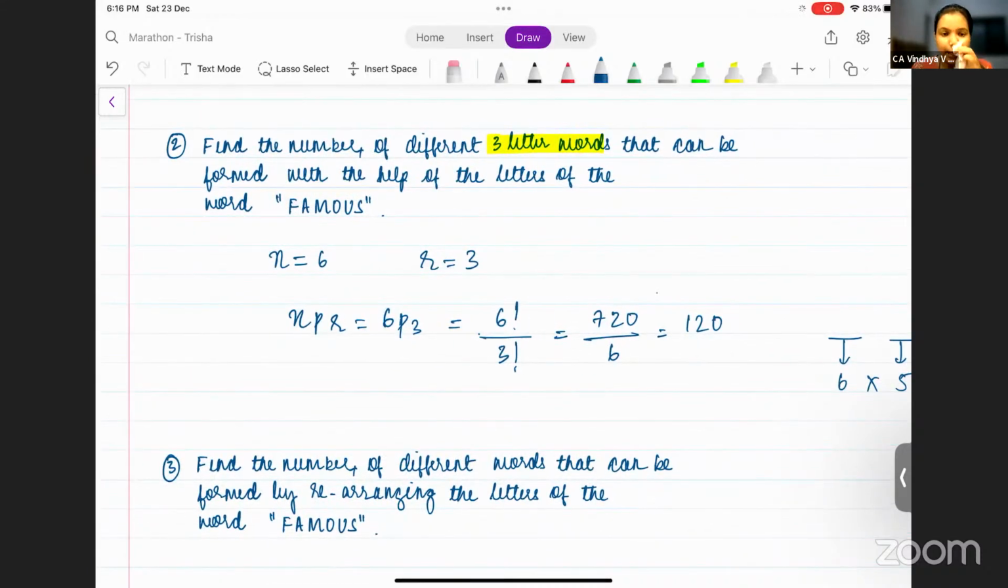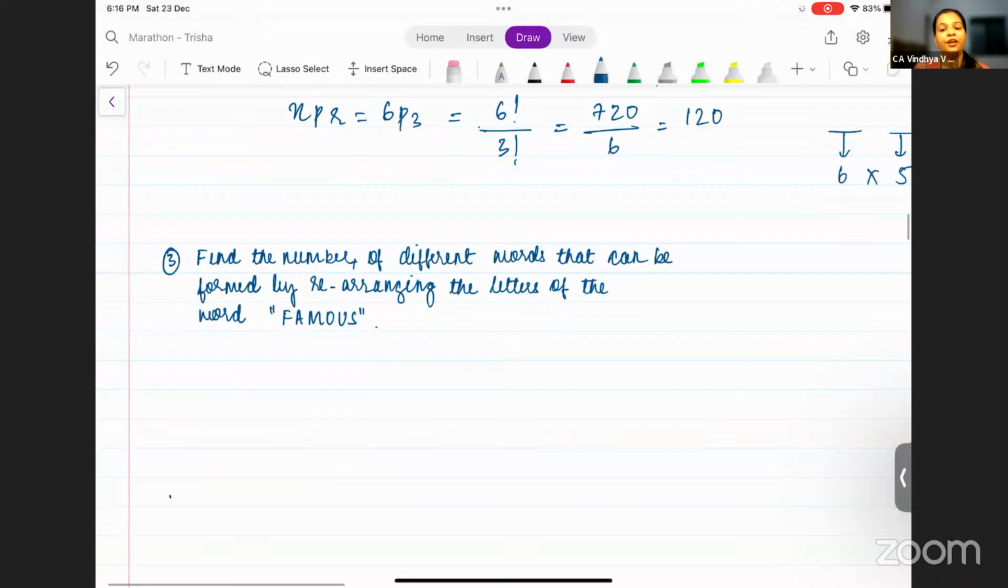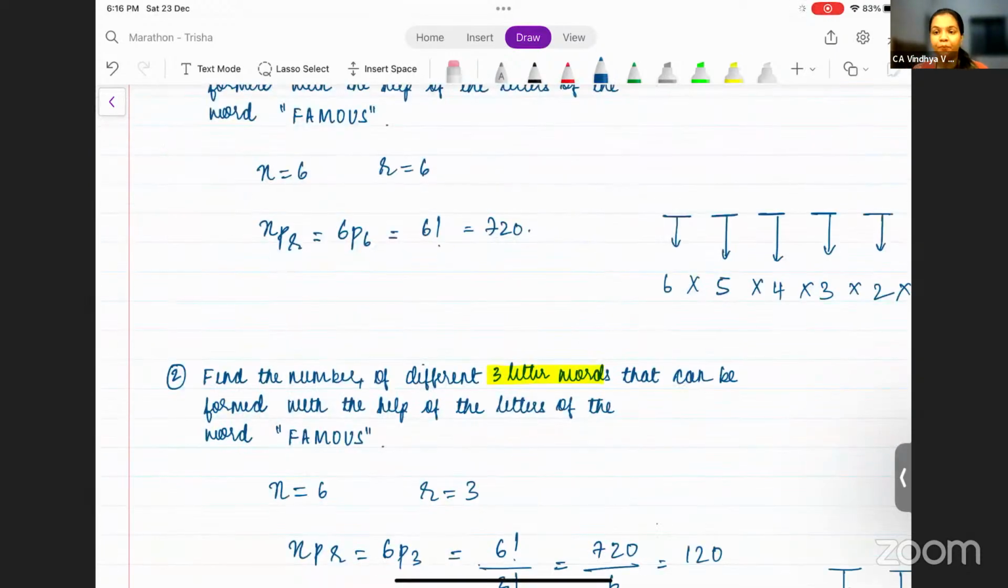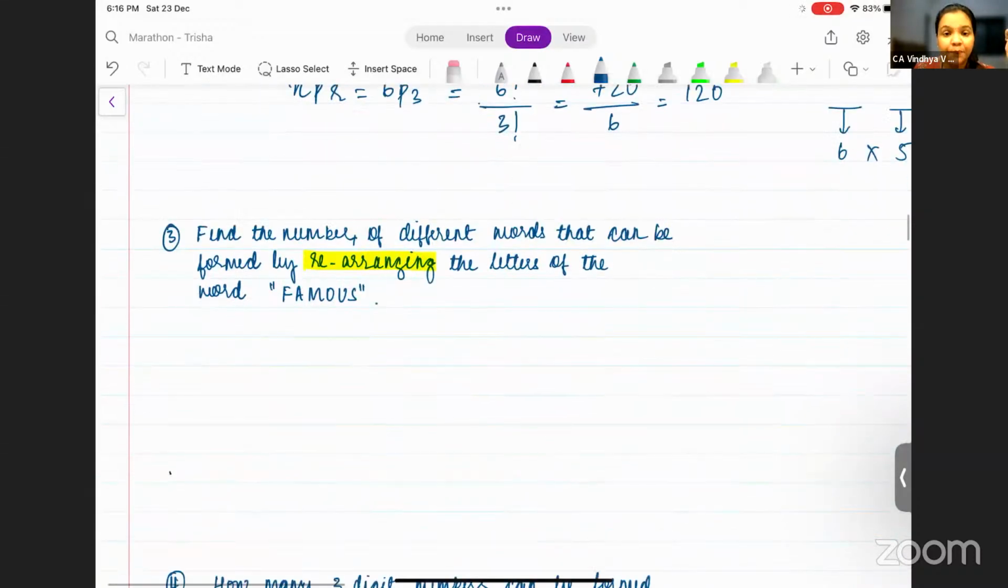Okay. The next question they have given is, find the number of different words that can be formed by rearranging the letters of the word famous. Okay, the word is rearranging. Now, how many possible arrangements are there in the letters of the word famous? 720, right? Now, in this 720, is famous included? Yes, famous is included because they are all the possible arrangements. Therefore, when they say rearranging, you have to subtract 1 from the answer,